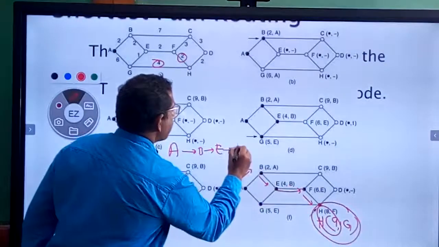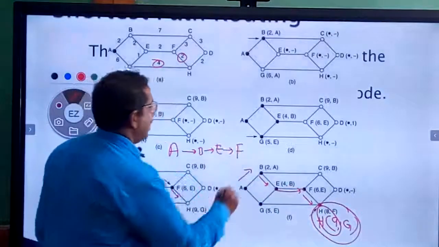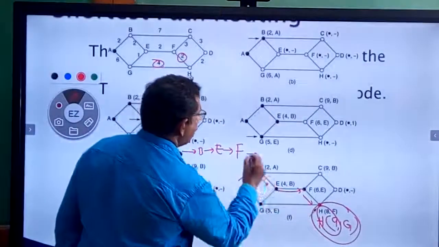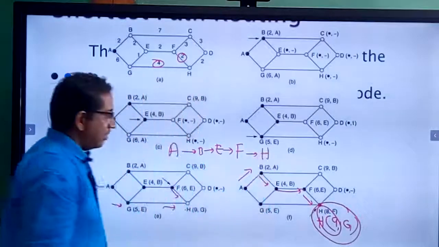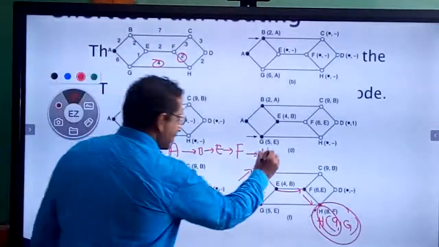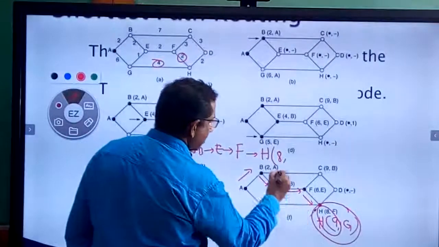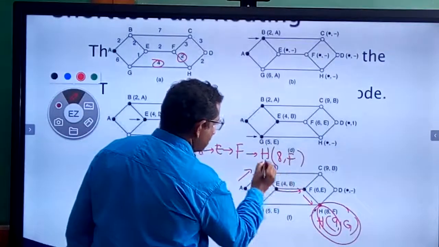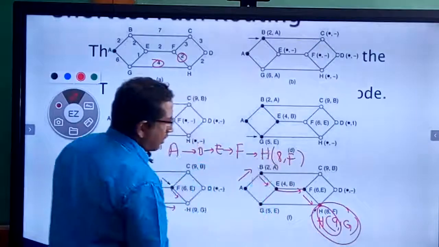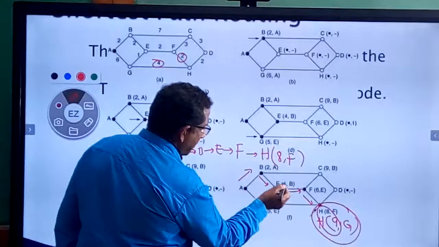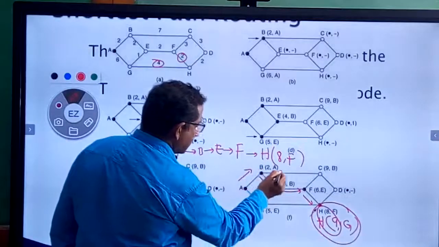What is the route that has to be taken for a packet to travel from A to H? It is going to be A to B, B to E, then E to F, then F to H. Alright. That means what is the distance covered? What is the source for H? It is F. What is the source for F? It is E. What is the source for E? It is B. What is the source for B? It is A. It is written over here.